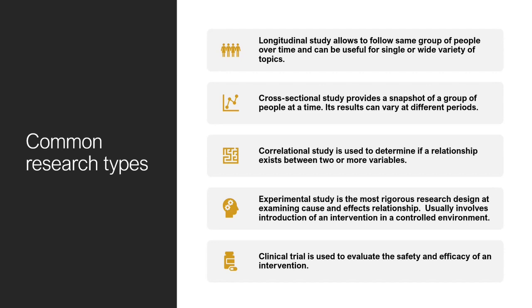Experimental studies are a more rigorous process. You need a lot of data. You need proper resources for that. So that's basically to establish an association between a cause or an exposure, and you want to establish that this exposure is related to this outcome. It's done in a more controlled environment, which means you're not just going to expose people everywhere. So it has to be an intervention, but in a structured or controlled environment.